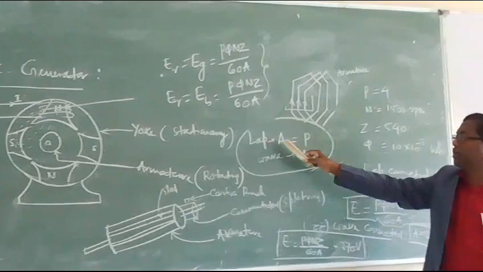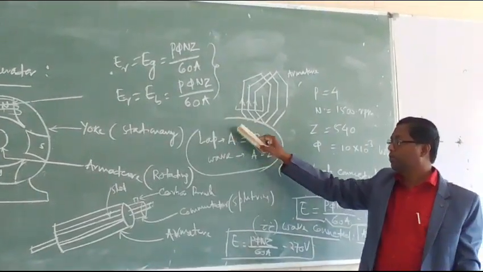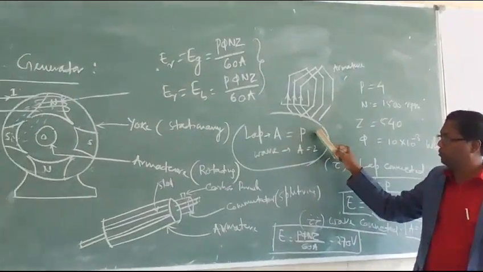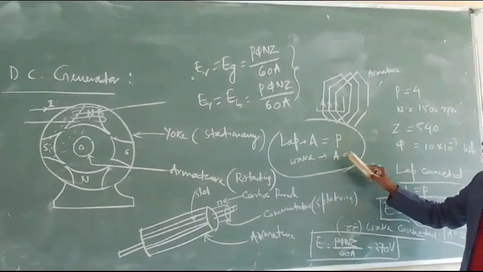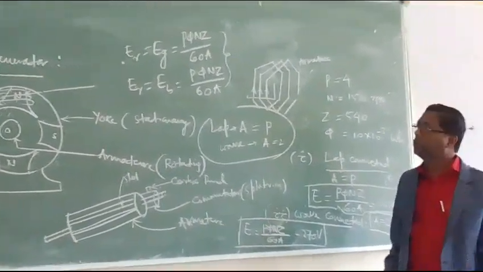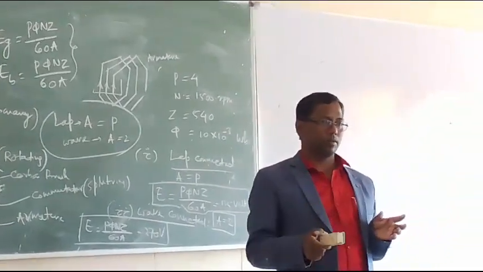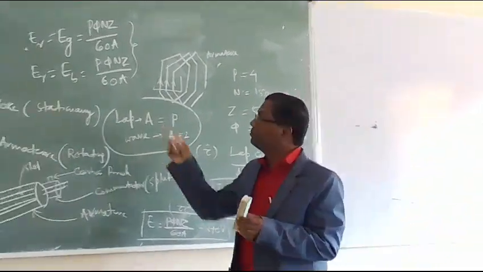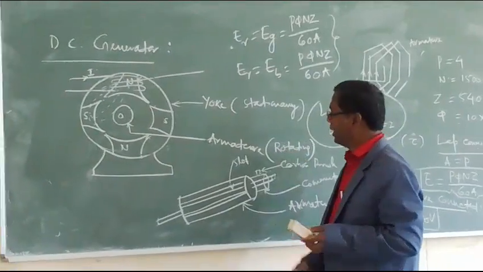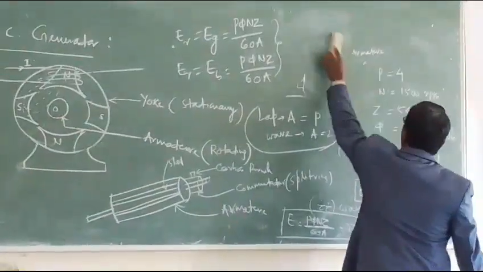For a lap wound machine, the number of parallel paths equals the number of poles. For a wave wound machine, the number of parallel paths is always two. So the same machine can act as a generator as well as a motor. Suppose we consider